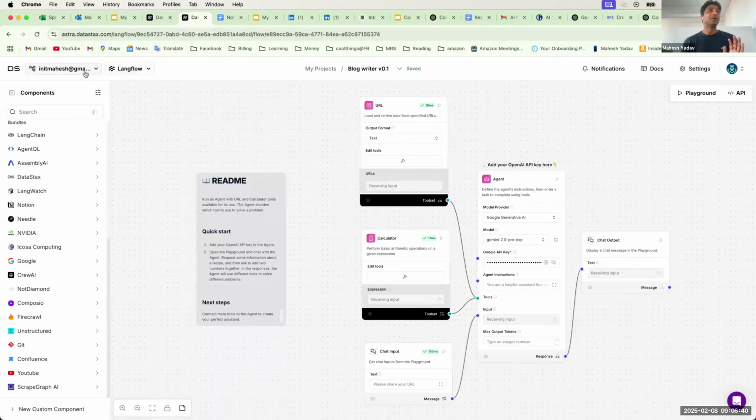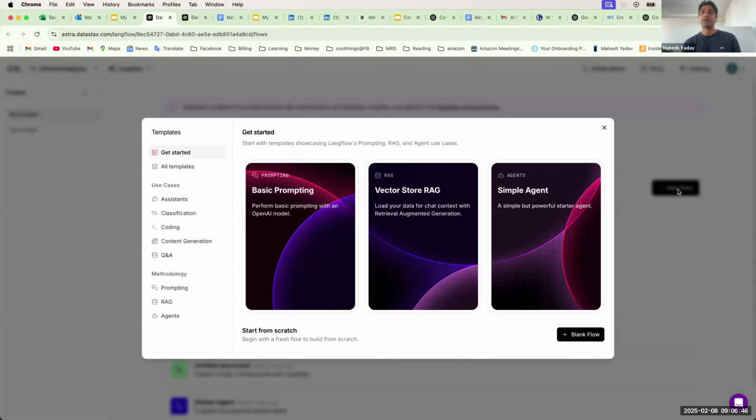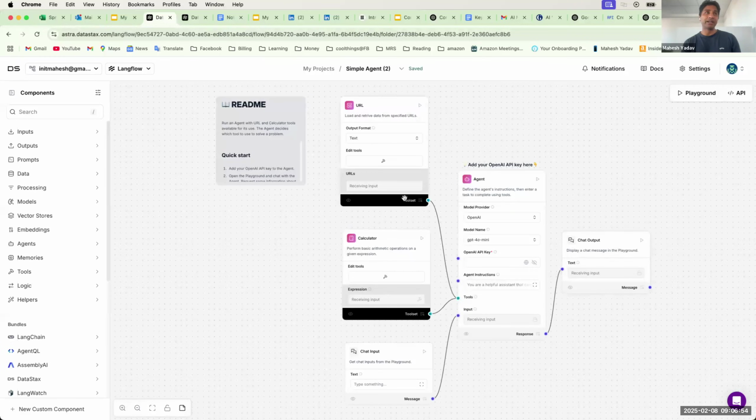So this is a cool tool. What it does is if you go here, it opens up like this. You can just say new flow. You can take anybody else's flow and import it, or you can start with a simple agent. When you start with a simple agent, it has all of the connectors, all of the input output, and it shows you a simple agent. This agent is calling these two tools, and it's drag and drop. So all you do is you drag and drop, and then you're good to go.